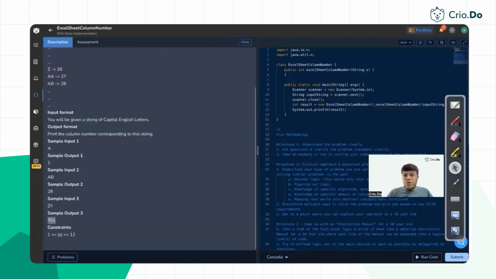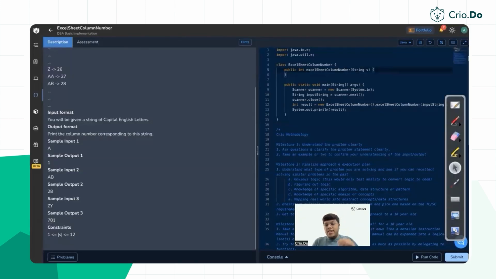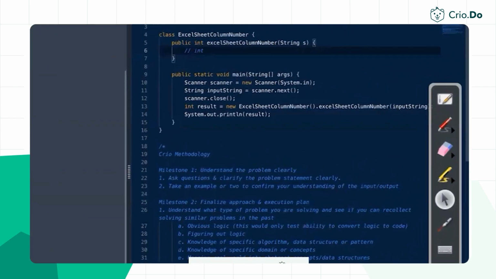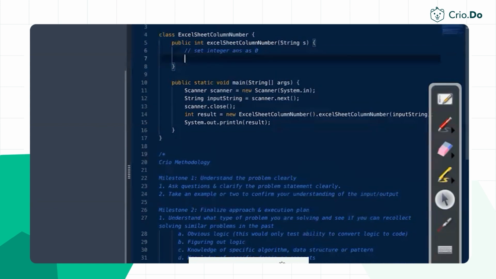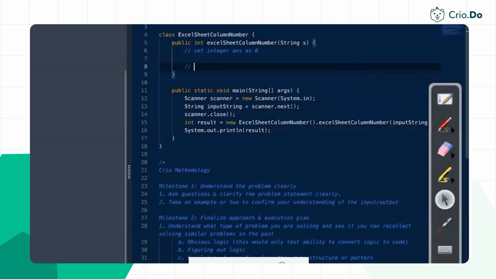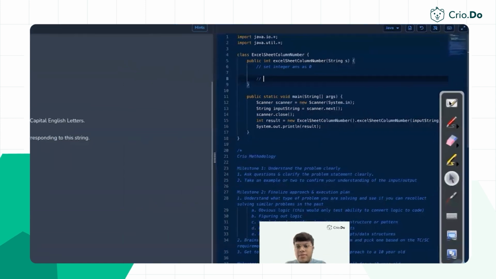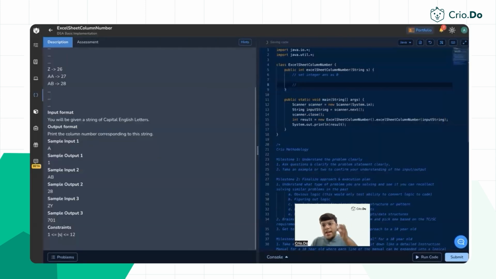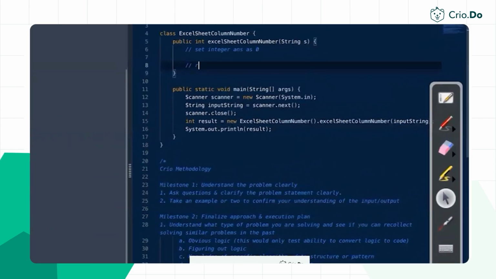Let's just directly jump onto the problem and write the instruction manual in milestone number 3. So what we are saying is, let's maintain the integer answer. Set integer answer, which we are going to calculate initially as 0, because we don't have to start it from any particular number. We will run a loop over the input string from left to right. Get A, then B, then C, then D. The string is A, B, C, D. Get each and every letter. So run a loop over all characters,